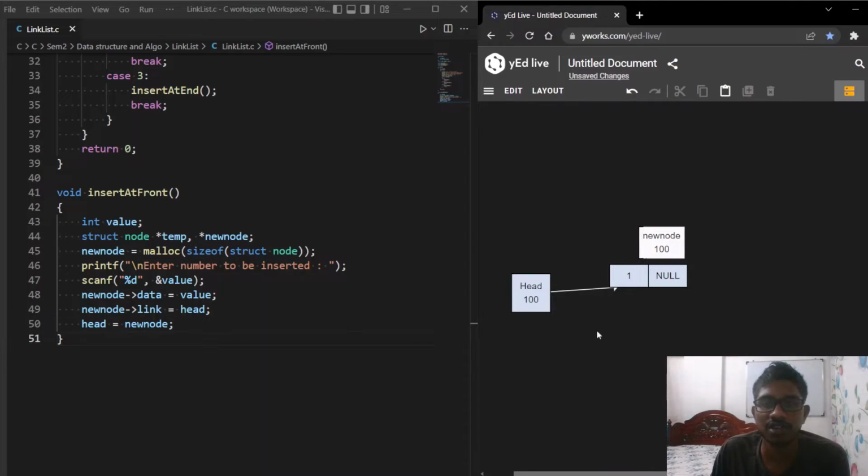Now after doing this operation, the head is pointing to the new node whose address is 100. Okay,